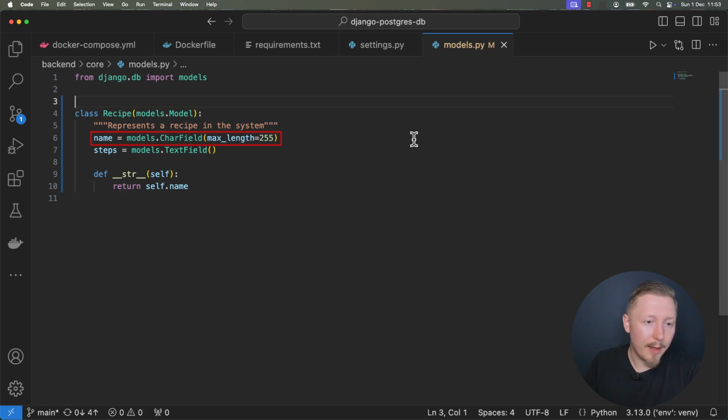So here we have the name variable, which is the models.CharField, and that sets up a character field with a max length of 255. And then we have the steps, which sets up a text field. So essentially you create your different database tables inside your models in Django, and then Django handles setting that up